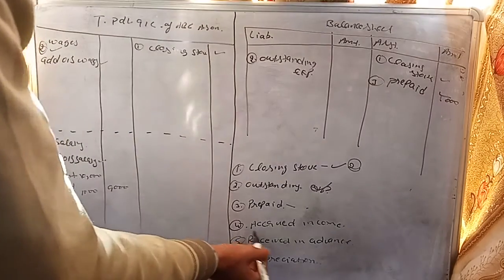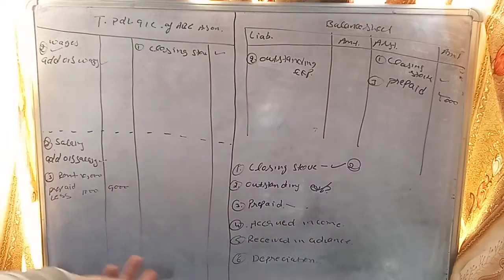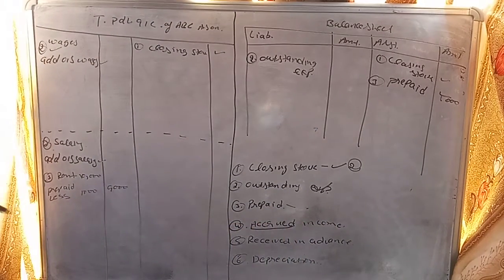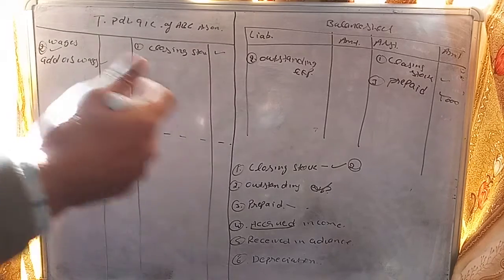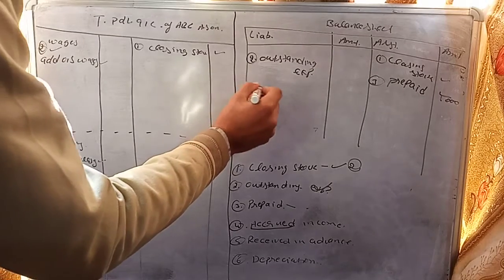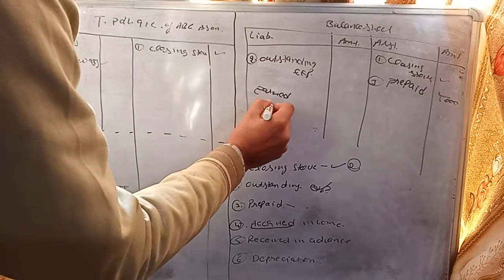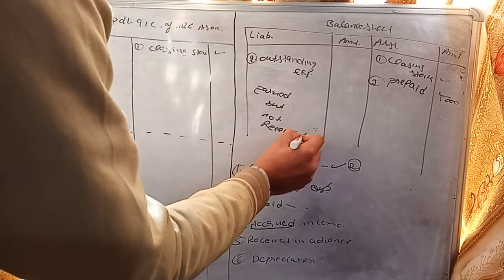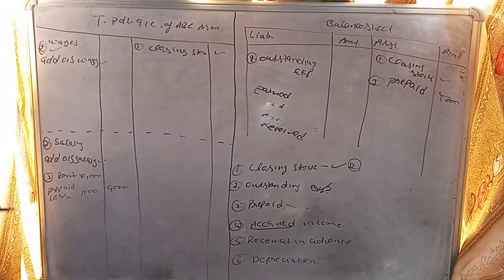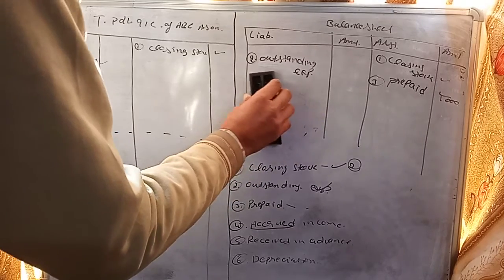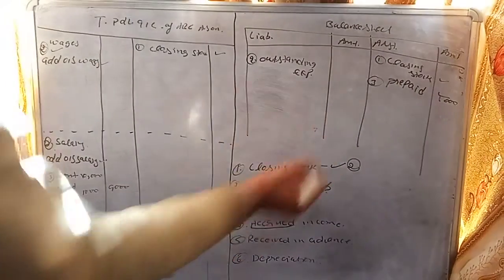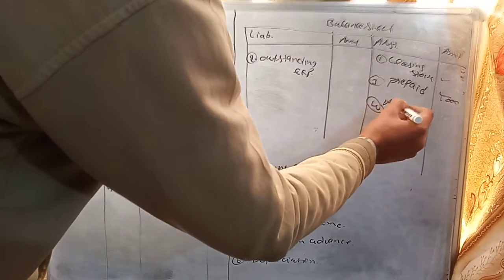Now come to the fourth one, very interesting, accrued income. First of all, we need to understand what is the meaning of accrued. Accrued simply means the amount or the income that we have earned but not received. If it is not received, it means it is yet to be received, it means I will receive after some time. Does it become my liability or asset? Yes, it is an asset.